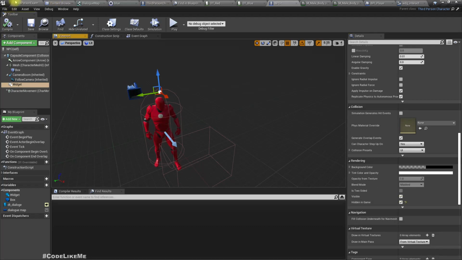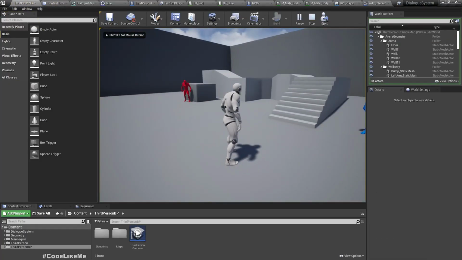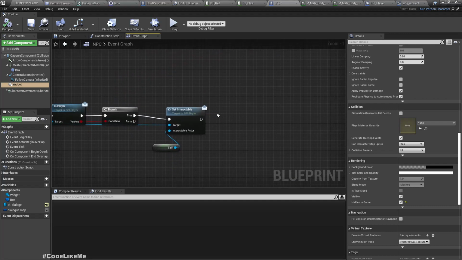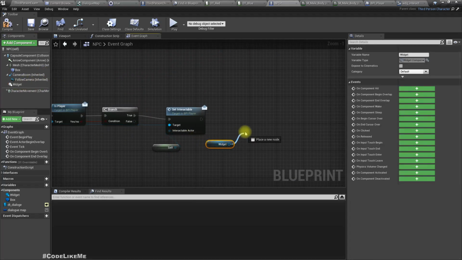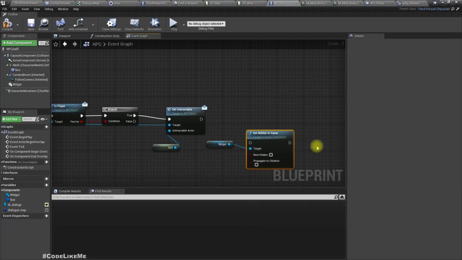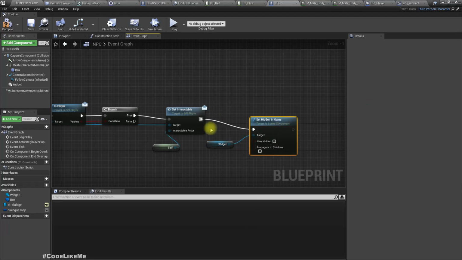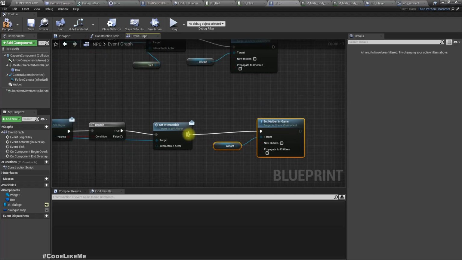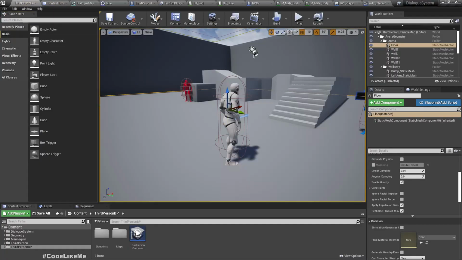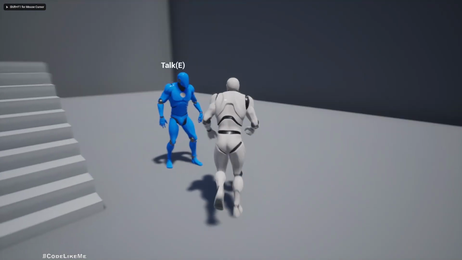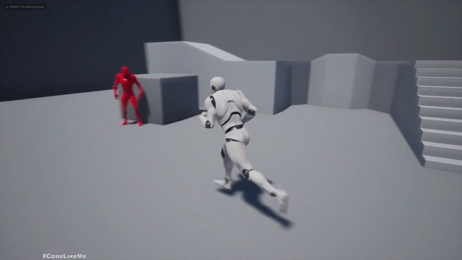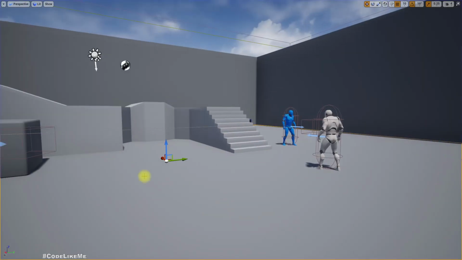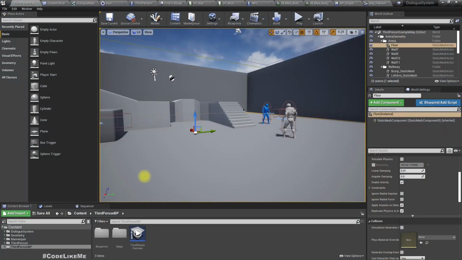Let's set it hidden in game first, right? And then when the player can interact, get the widget set hidden to false, and when player leaves it, also set hidden to true. See, now Toki appears, and when I leave, it disappears. Great. Now let's create another widget